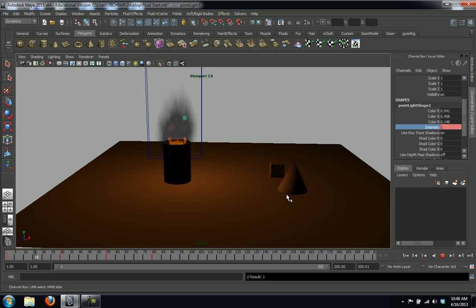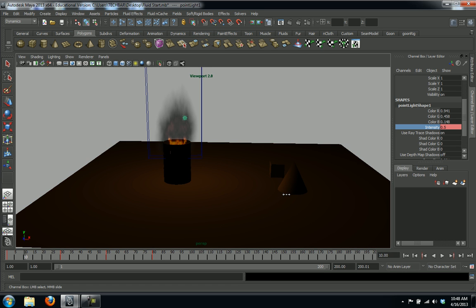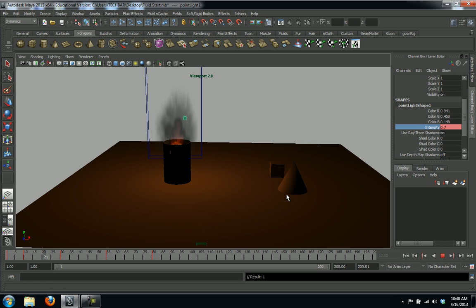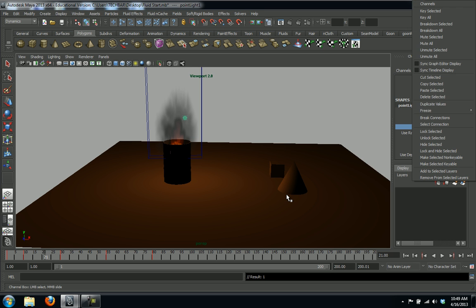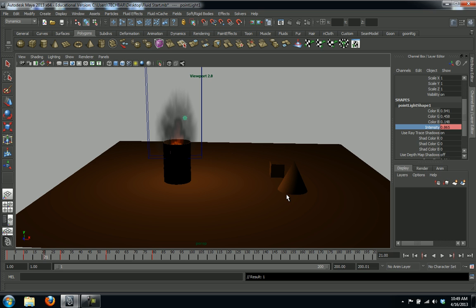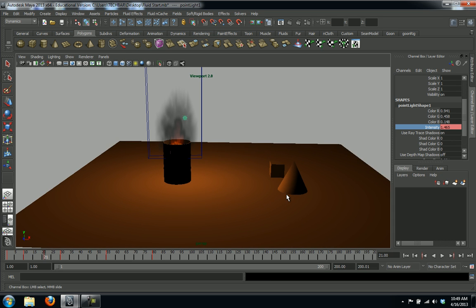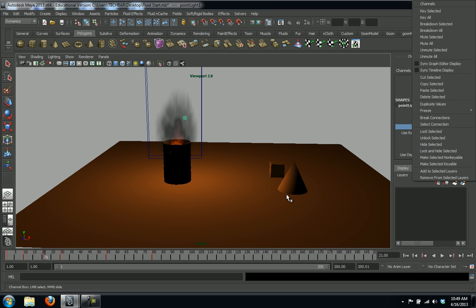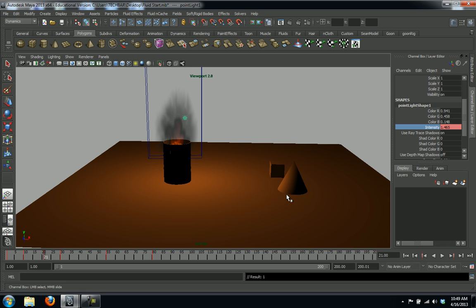Then I'm going to go back. Let's just go to a place, and I'm going to adjust the intensity either up or down. Let's go to about 6, and I'm going to key that selected at 6. Go to 20 or so. Be random about it, because a light flicker is going to be kind of random. So I'm giving like a light flicker. Oops, I'm going to key. Let's just move that up like that. Let's key. I made it much brighter. Key selected,